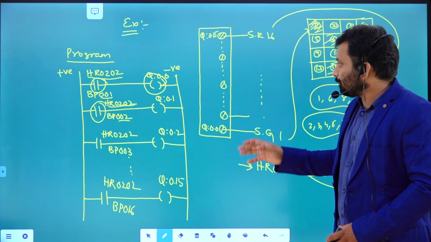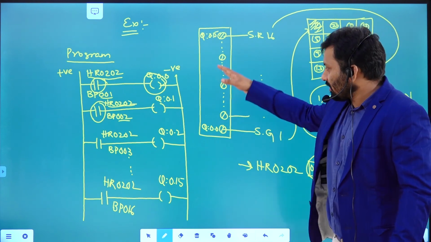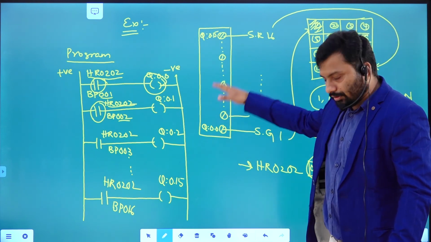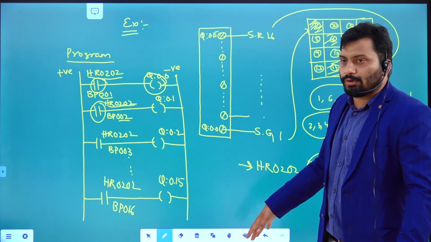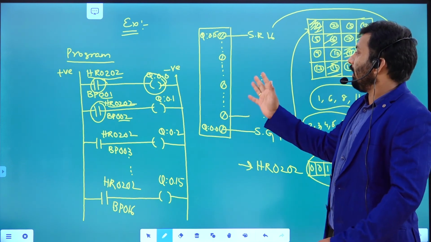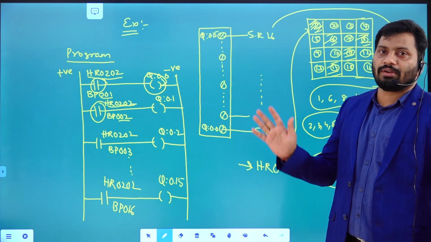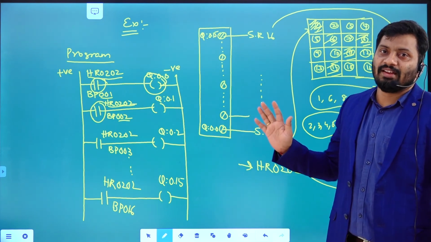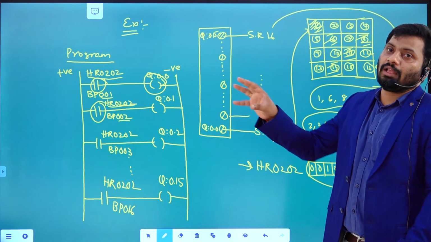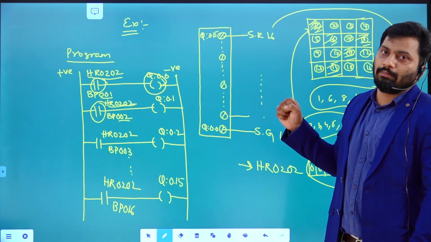In this type of programming, or in this particular example, it is not going to take any input data from the input module, right? If you observe, it is not taking any input data from the input module. It is taking the data from one register from the RAM.